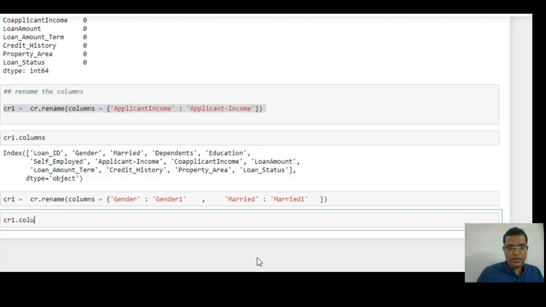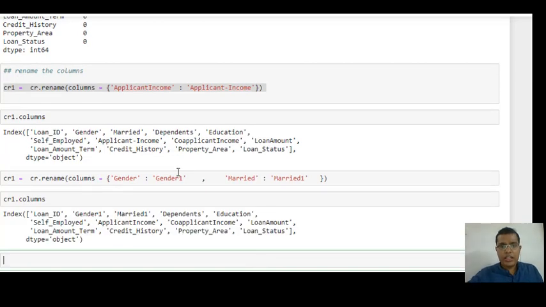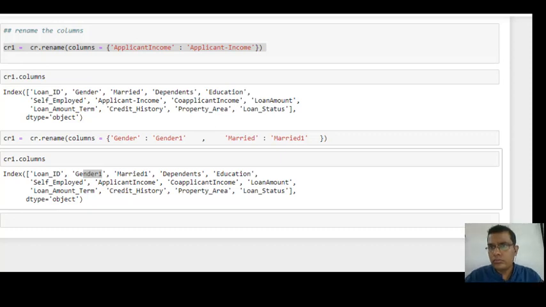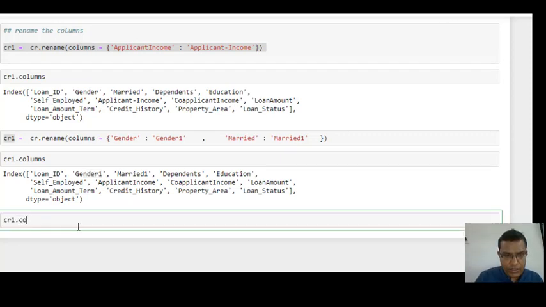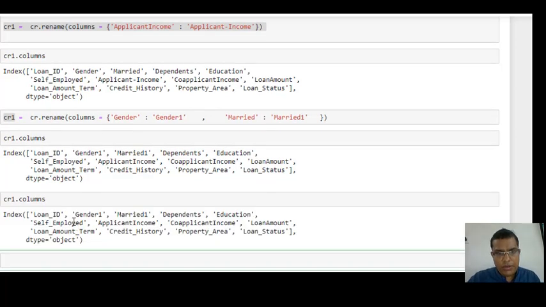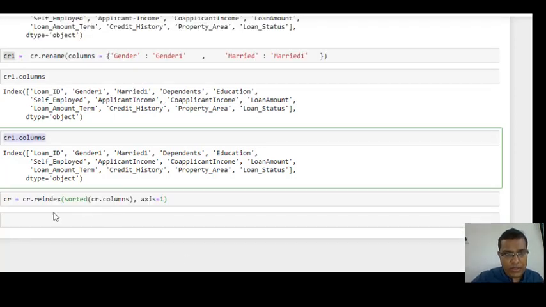If we check columns, we'll see that gender has been renamed as gender1 and married has been renamed as married1. If we check the columns, we'll see one thing: the names of the columns are not arranged in alphabetical sequence. To arrange them in alphabetical sequence, I'm saying cr.reindex, and reindex on what? Reindex on the sorted columns, with axis equal to 1, which indicates I'm doing some operation on the column side and not on the row side. Now if I check the columns,